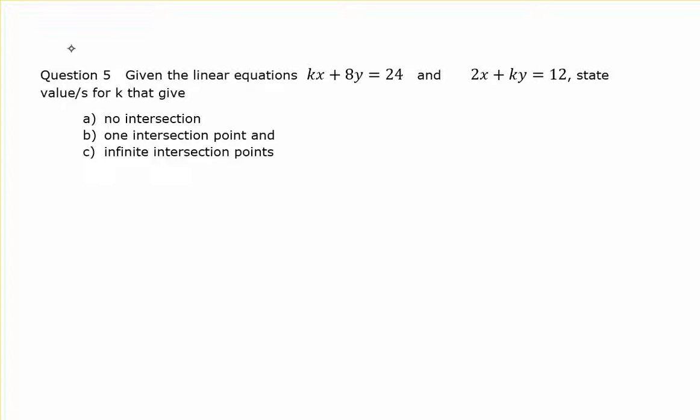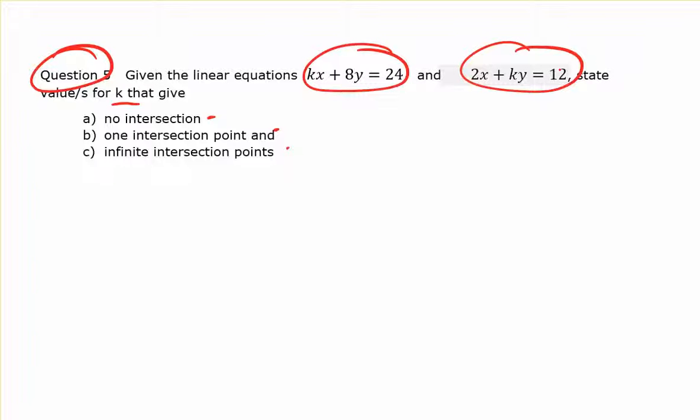Year 11 methods. We're going to look at the chapter 1 and 2 revision sheet I gave you in class, and we're going to look at question 5. This is page 1 of the revision sheet. Given two linear equations, we want to find the values for k which give no intersection, one intersection, and infinite intersections. Remember, whenever we have two linear lines, we've got to look at the gradient and y-intercept of